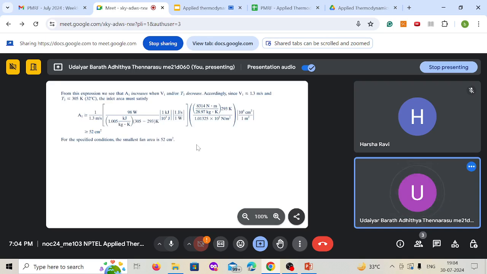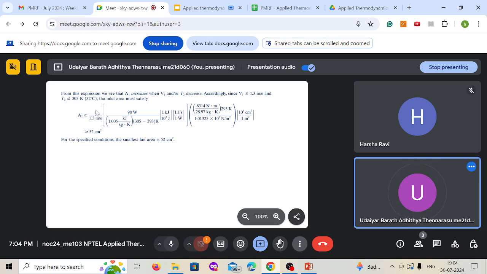Now there are limits on your velocity and temperature. For this expression, increasing V1 and T2 will decrease A1, but there will be an increase in noise. V1 cannot be greater than 1.3, so it should be less than or equal to 1.3 meter per second, and T2 should be at most 32 degrees Celsius. So substituting that